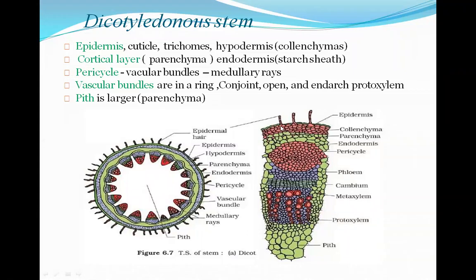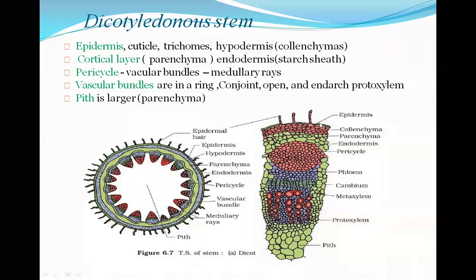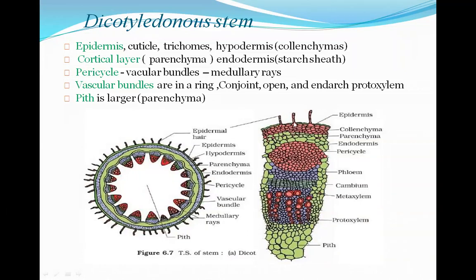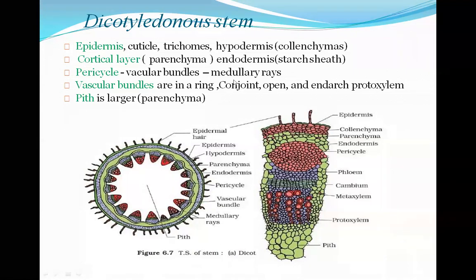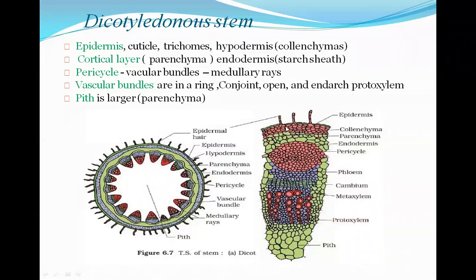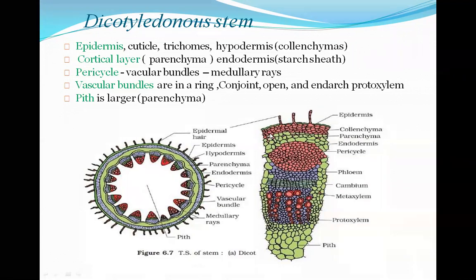So this is the green color which is present over here, that is the epidermis layer. And there will be the presence of the epidermal hairs, right, which are said to be the trichomes. Then there will be the presence of the hypodermis, right? The pink colored cells which you can see here where I'm showing the cursor, those are the cells known as the hypodermis. That means the first layer after the epidermis is known as hypodermis.